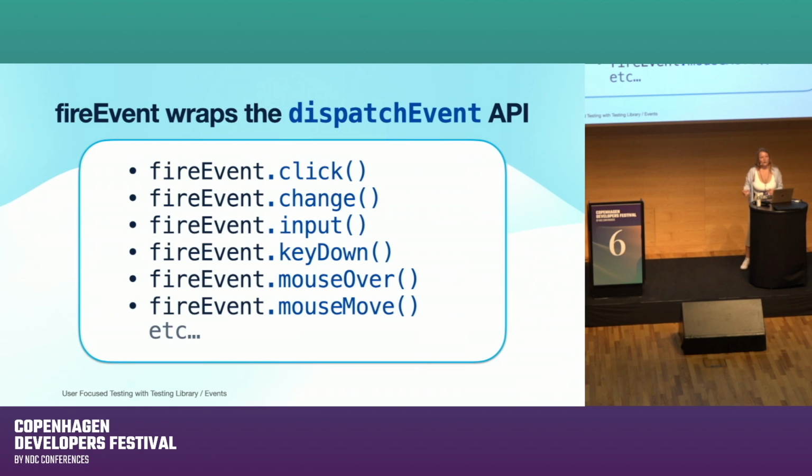A real user doing a key down event would first have to focus on the target and then do the key down. But Fire Event allows you to shortcut some of this and dispatches the events directly. A lot of the time, I think Fire Event is close enough for a simple click event where the preceding user interactions can be assumed. But because Fire Event doesn't do all of the events that an actual user would go through when performing a specific action,